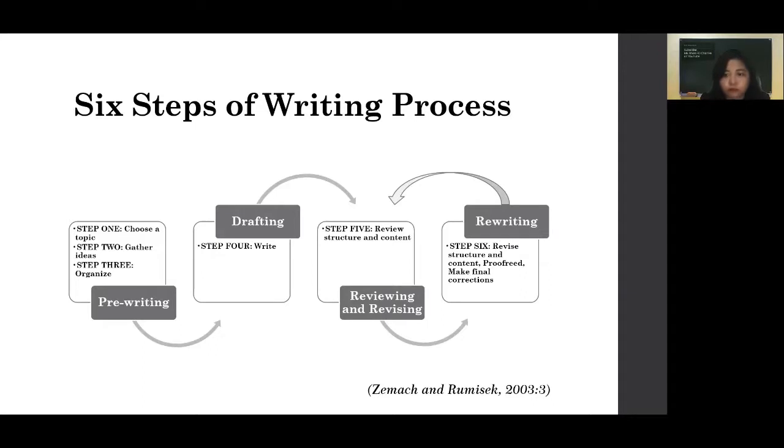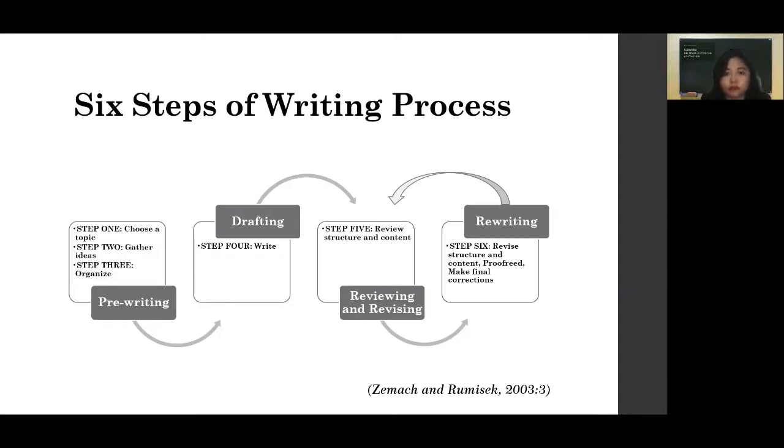Maybe you can also check the grammar or the spelling here. Just underline, circle, or cross something out on your writing. That's okay.